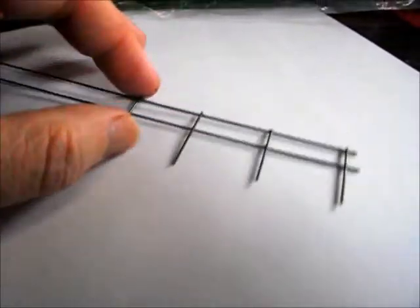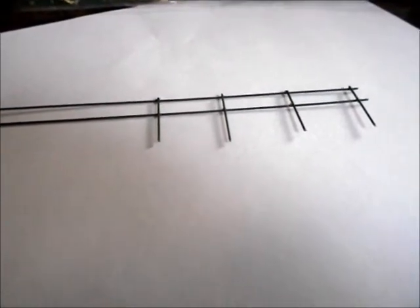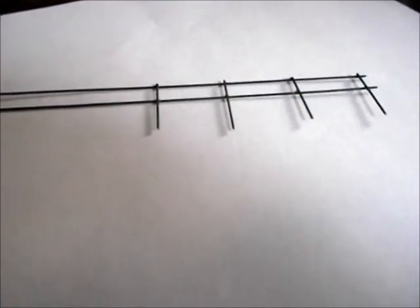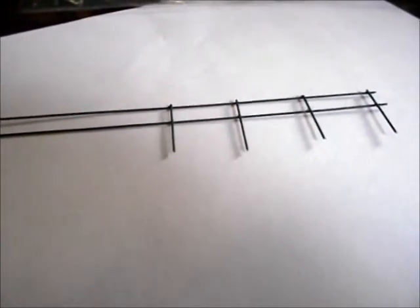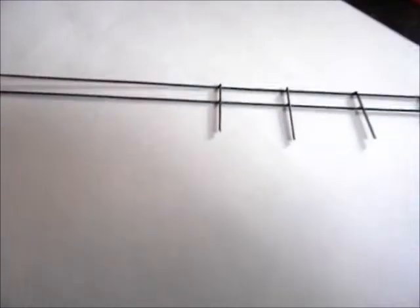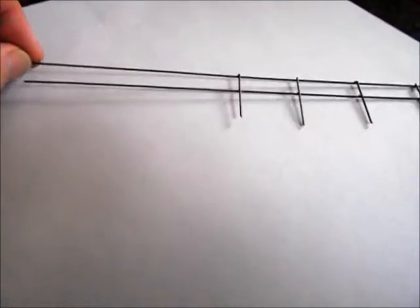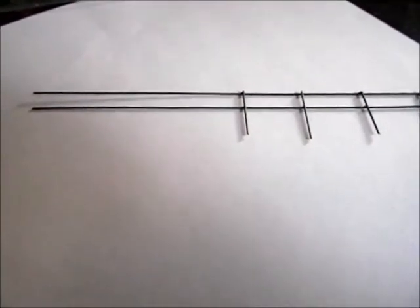As you can see here, I started a piece. And again, think of it in terms of toy trains. I'm not interested in replicating something in scale proportions. All it has to do is just kind of look like the real thing. So anyway, for this particular bridge I'm making this railing for, it measures 6 7/8 inches long on the layout. So what I've done here is I've taken two pieces of this wire and cut it to approximately 7 inches,